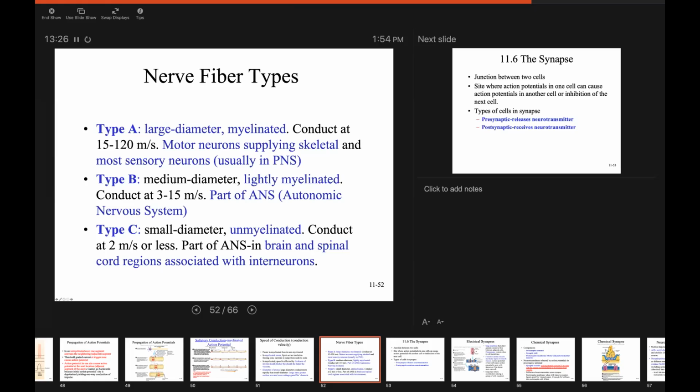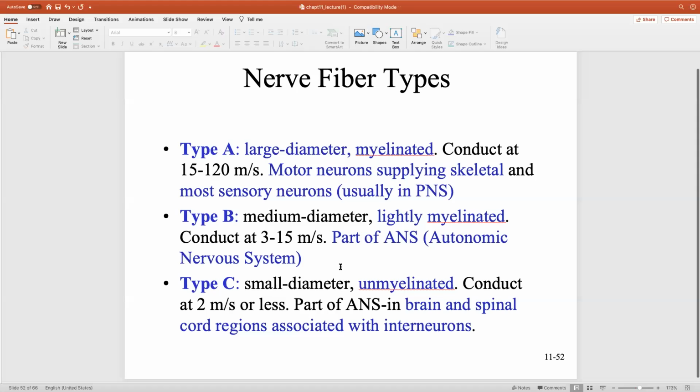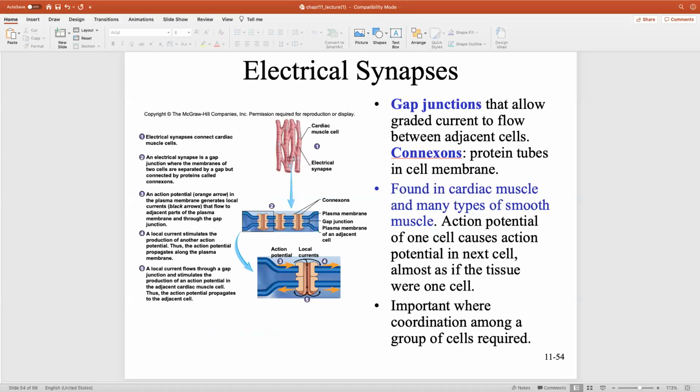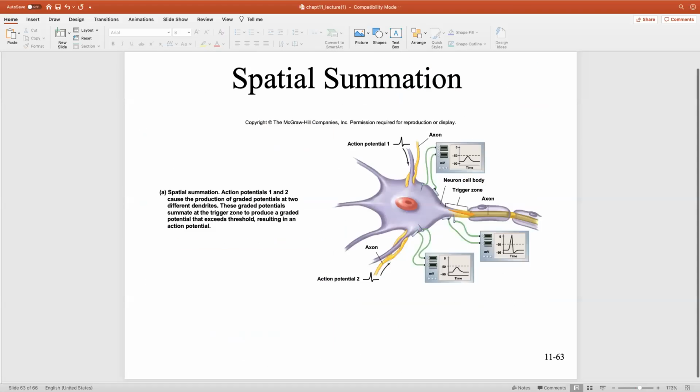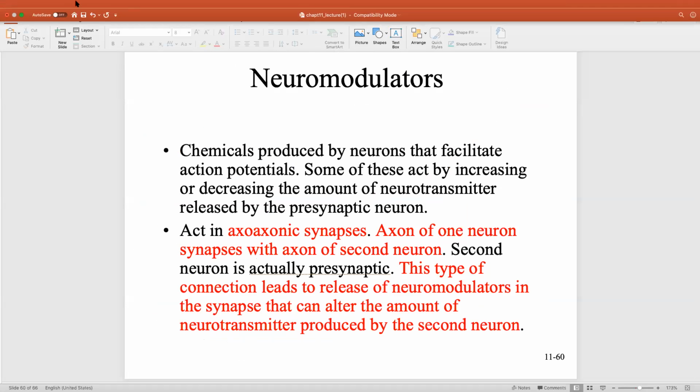Perfect, all right? We will stop right here with this lecture. And we will continue with part 5, where we talk about synapses, summation, IPSPs, and EPSPs, right? And that will be